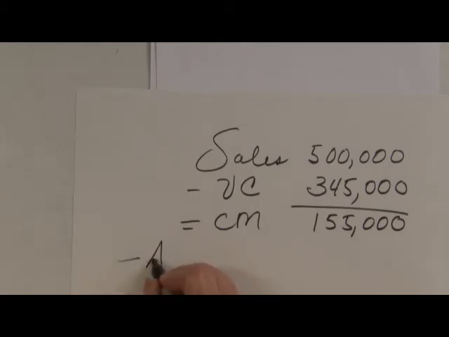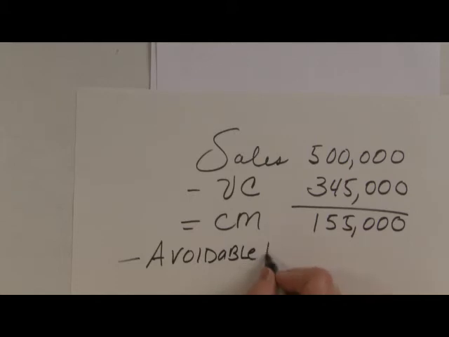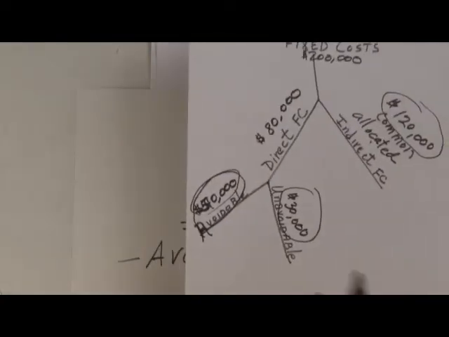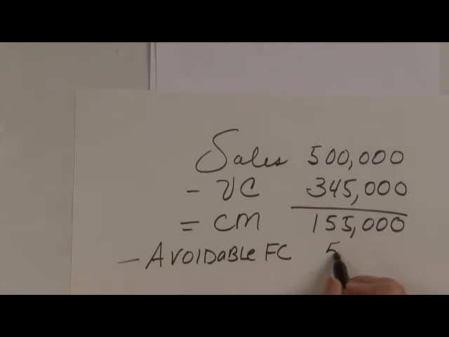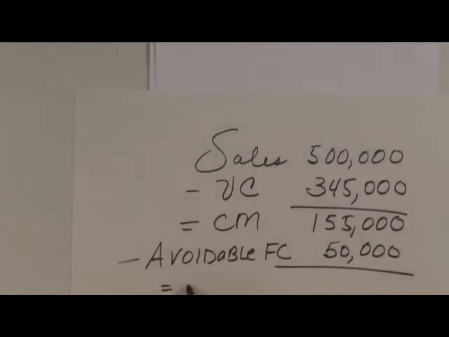We only want to subtract avoidable fixed cost. And so we would look at our decision tree, and it shows us that we only had $50,000 of avoidable fixed cost, and we compute what is called the product margin. And this product margin turns out to be $105,000,